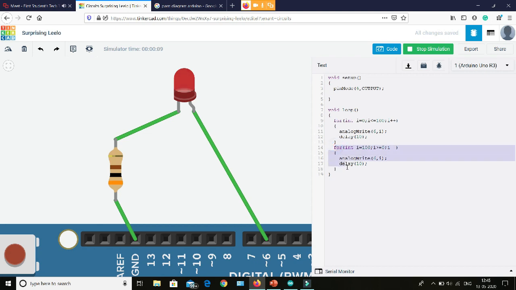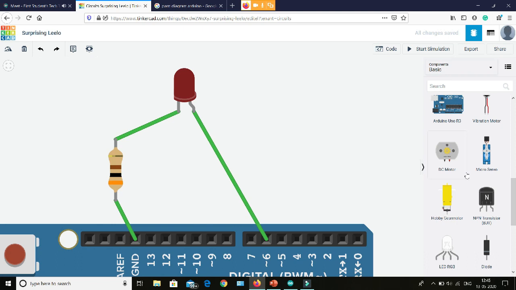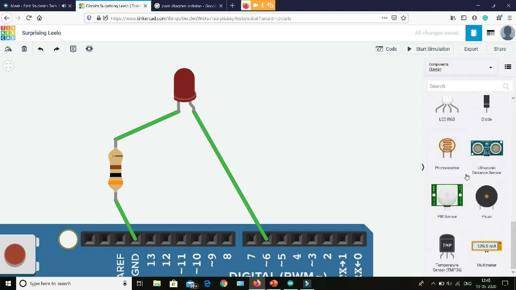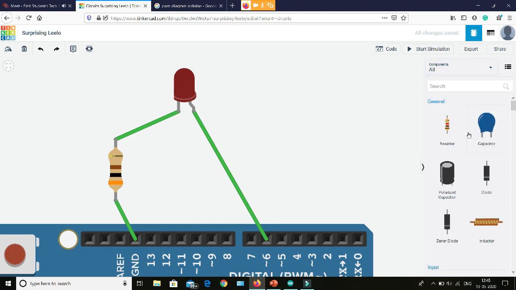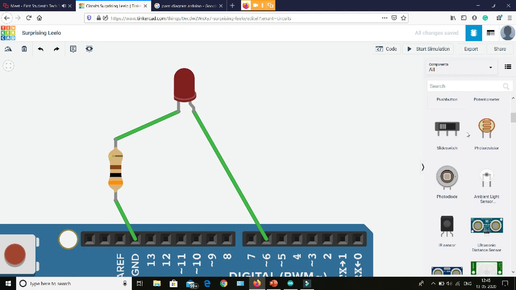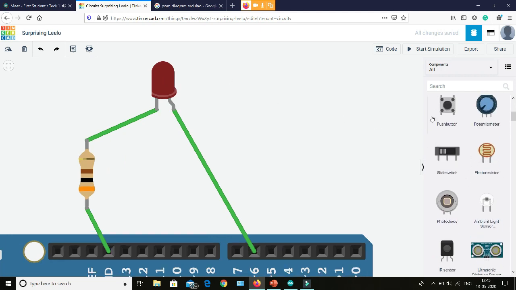Now let's go to another module. Let us try to turn this LED on using a push button. Here we have a push button with me. What a push button does is whenever the push button is pressed, the connection between terminal A1 and terminal A2 gets connected.